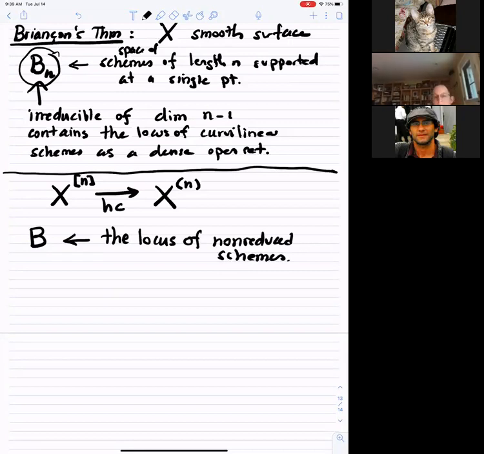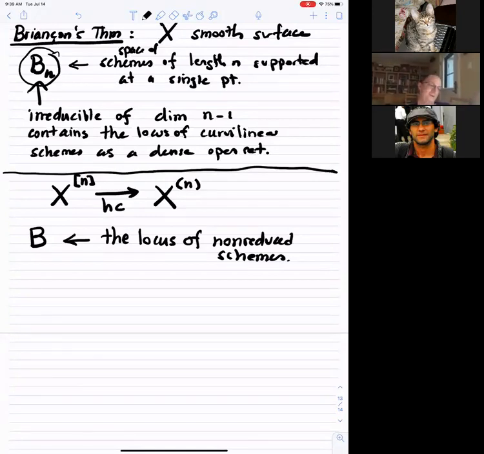I think there is a question in chat. Are there non-curvilinear schemes in B_n that we can write down and see as degeneration? Sure. What this is saying is that every point in B_n is a degeneration of curvilinear schemes. So if you want to write non-curvilinear schemes, the easiest way to do it is to write monomial schemes, things with the form,